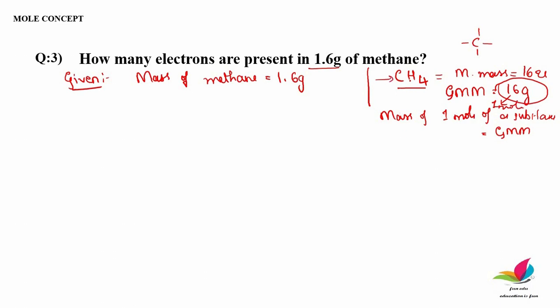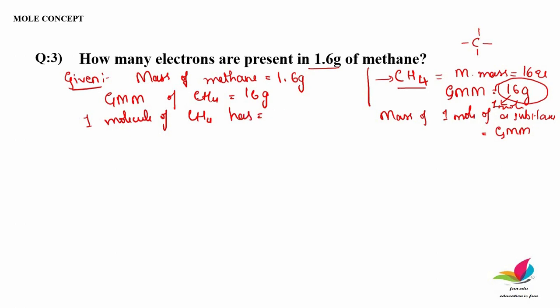So mass of 1 mole of methane is how much now? 16 gram. That is its gram molecular mass. Also, see here, I will write here, gram molecular mass of methane is equal to 16 gram, and the 1 molecule of methane, so here you can see 1 molecule of methane, that is CH4, has how many